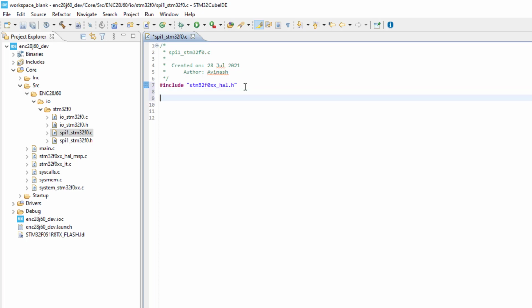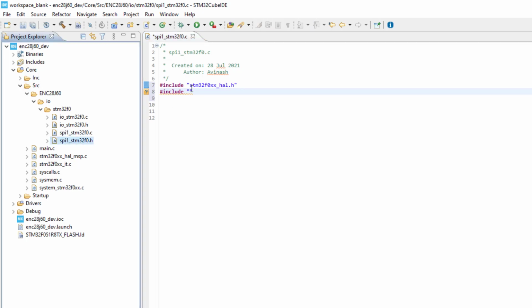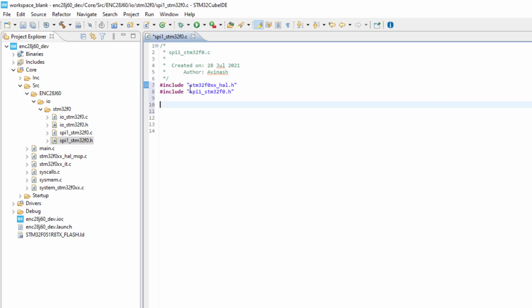And then we will include the file that we have added to our project, this one, SPI1 STM32F0.h, and then we will create the main functions.